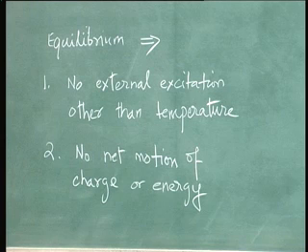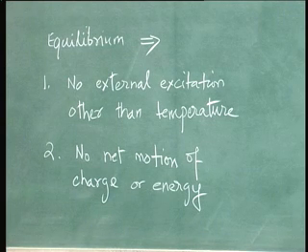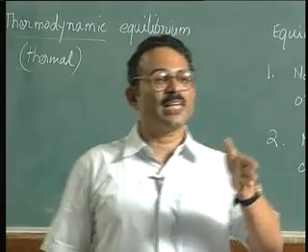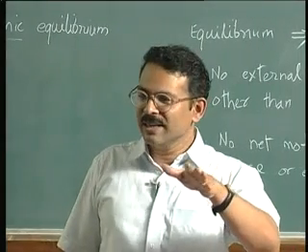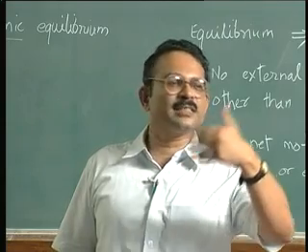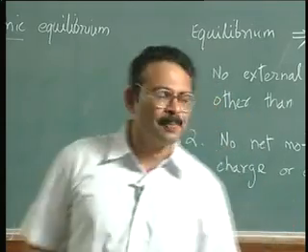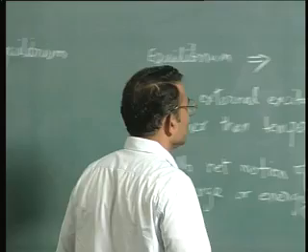So to understand this idea, let us look at some simple examples of non-equilibrium conditions. Okay? We must illustrate this with examples. Because as I said, equilibrium is very difficult to achieve. So let us see what is meant by non-equilibrium. Then you can by inference understand what equilibrium would mean. Okay? So let us see, one example is,